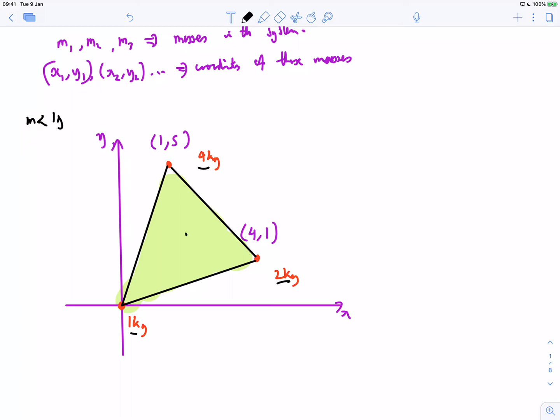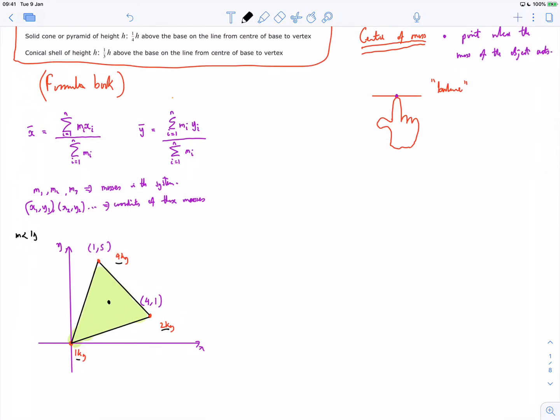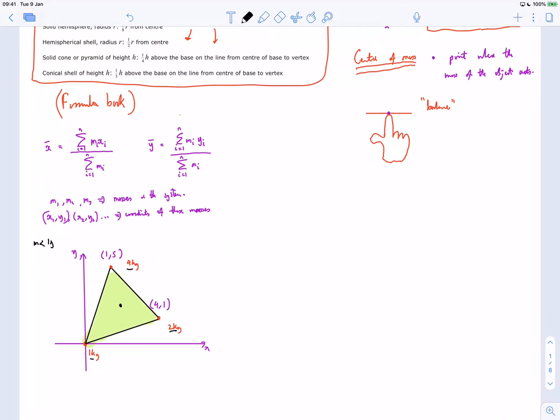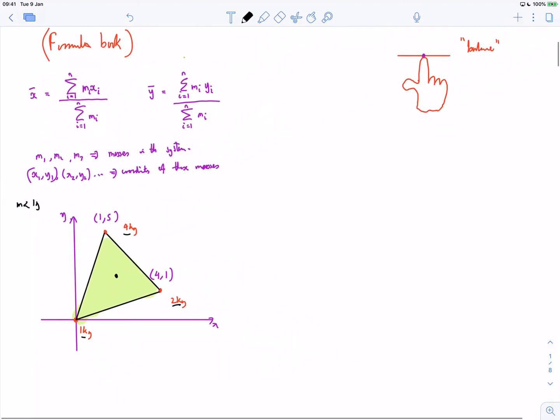The question is, where should I stick my finger, if I was to have this lamina, or some other object, so it would balance properly? So the question is, where is that? Well, this is going to be quite easy,